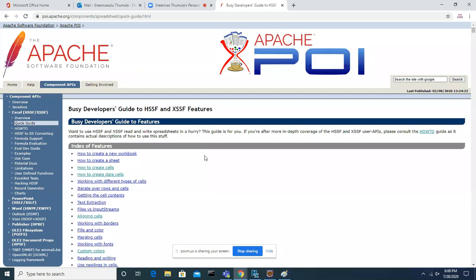So PDF, I will talk about while working with servlet programming, because I have to show you the live example. Once we understand, we will design one website, put some download buttons, and pull the data with JDBC and all. At that moment I will explain the complete flow, because to explain the complete flow I have to complete JDBC and servlet. Since we have not yet completed JDBC and servlet, I'm stopping here on the PDF. Excel also we will see as a live example there.